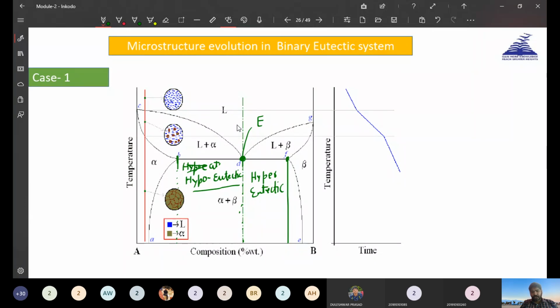Before that, I request all of you to go through the slides and see what it actually means, so that you will be able to understand it very clearly when I discuss these things in the next class. These things are very simple; you only have to follow me and try to understand. Don't try to remember the things. When you try to remember, you are not able to recall it. But when you understand the concept, you can recall it very easily. So I request all of you, don't try to remember, try to understand the concept. So today we will stop here.